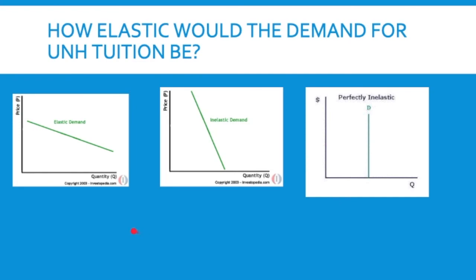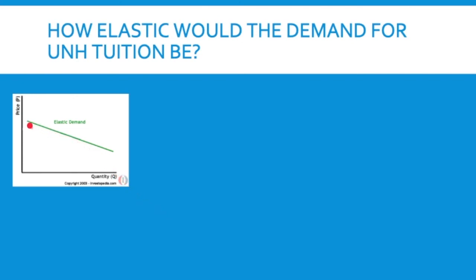UNH tuition. You think about going to UNH, so would that be elastic or inelastic? This one's probably not 100% clear-cut, but I would say probably elastic because there are other options out there. You might say, well, I don't want to go to another state, and it's right down the road. But there are a lot of other options. You could live at home and go to Granite State College or Great Bay College. You could go to Plymouth. You could go to Keene. You could go to a school in Massachusetts or Maine. So you have a lot of substitutes available for a UNH education.